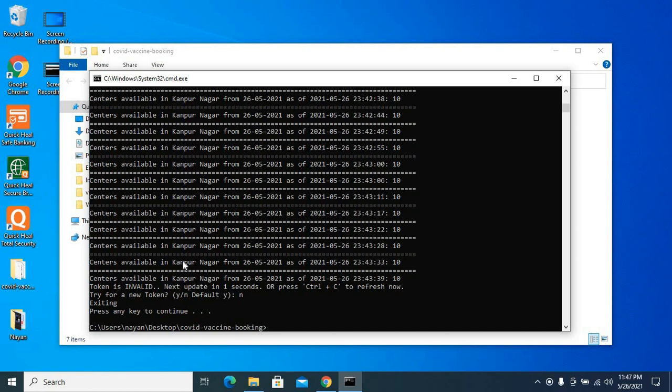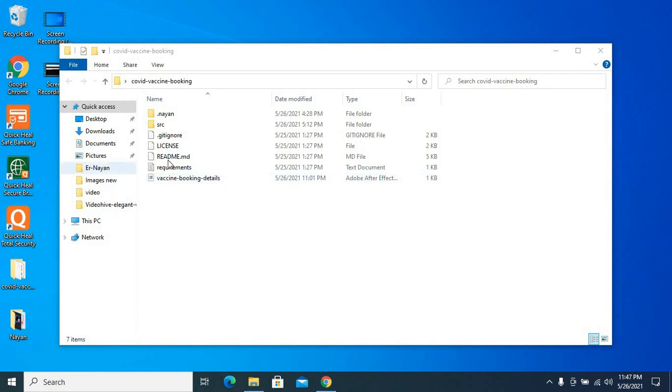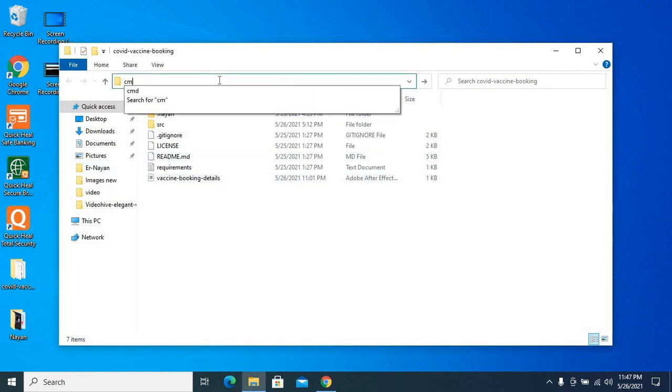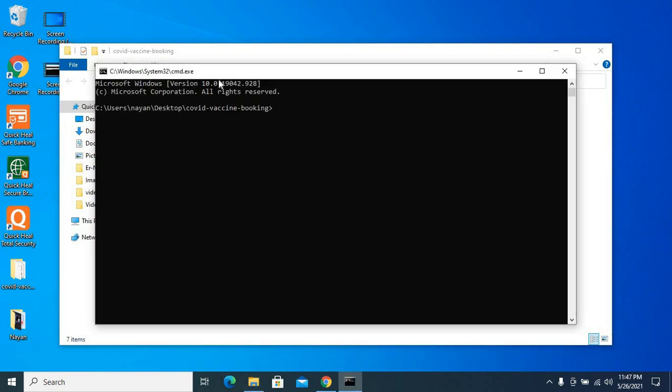And in case you haven't got any slot and you want to retry, then just go to the command prompt, and you don't have to enter all the details as all the details have been saved. Just enter the path,